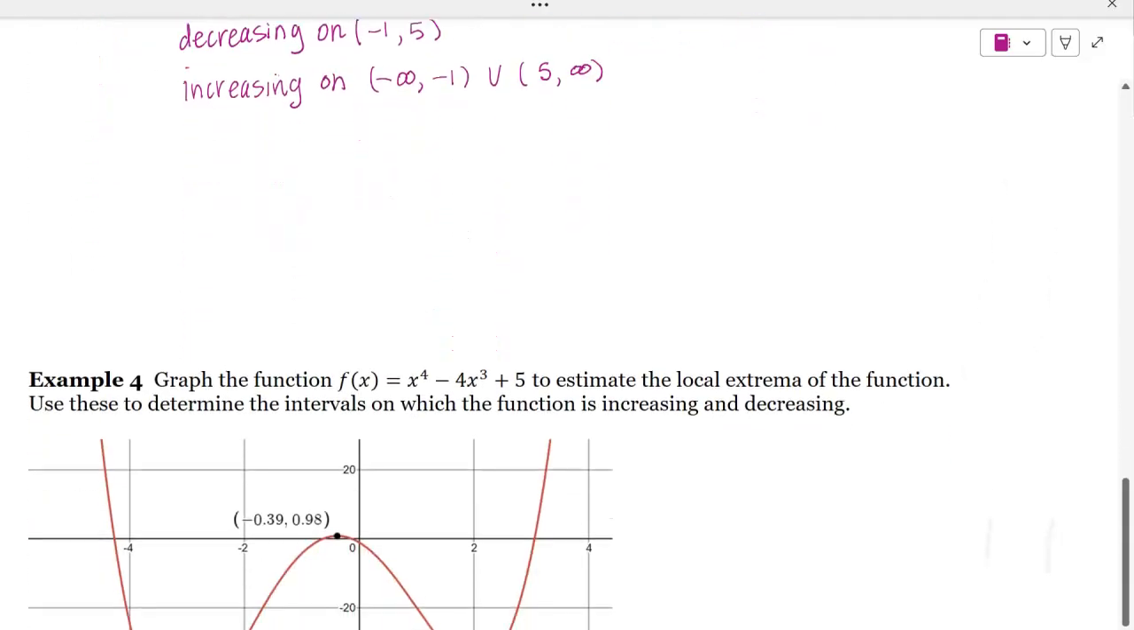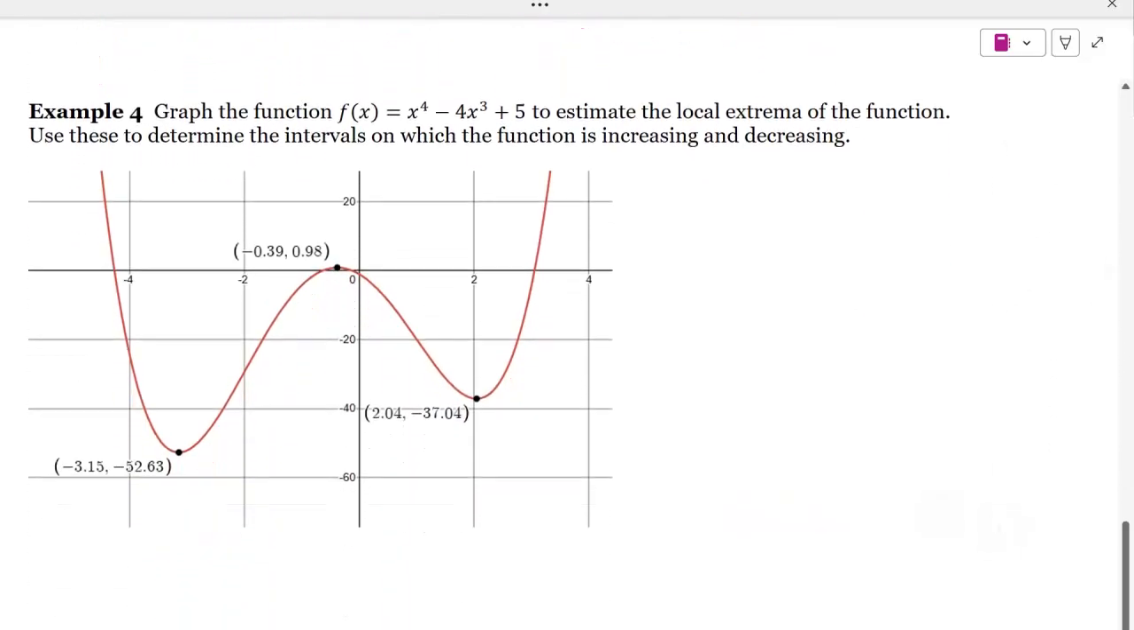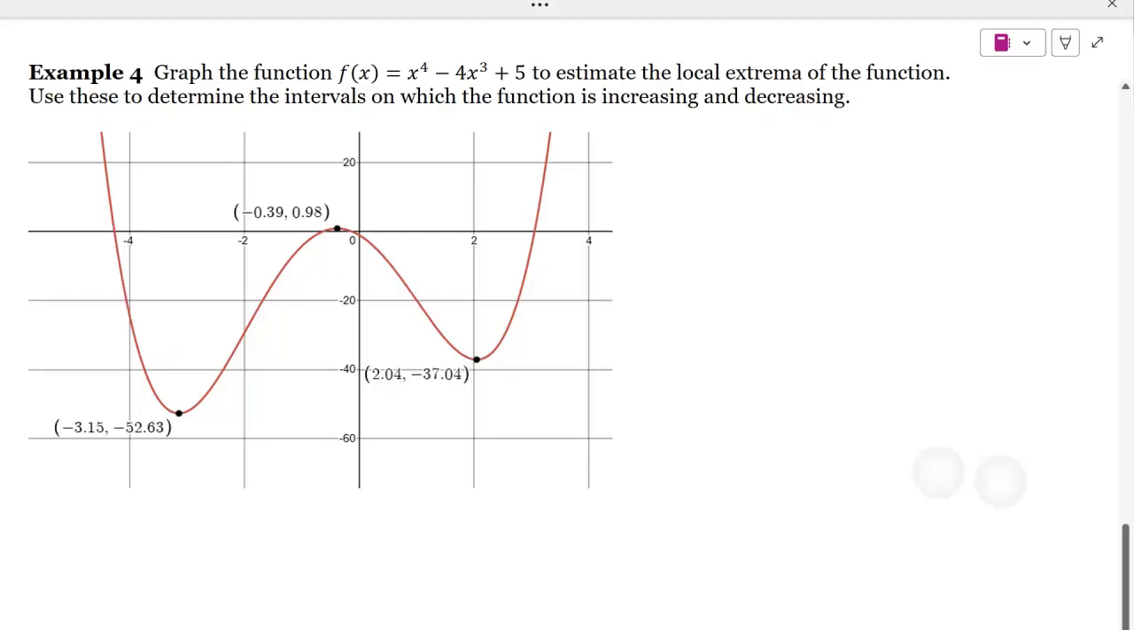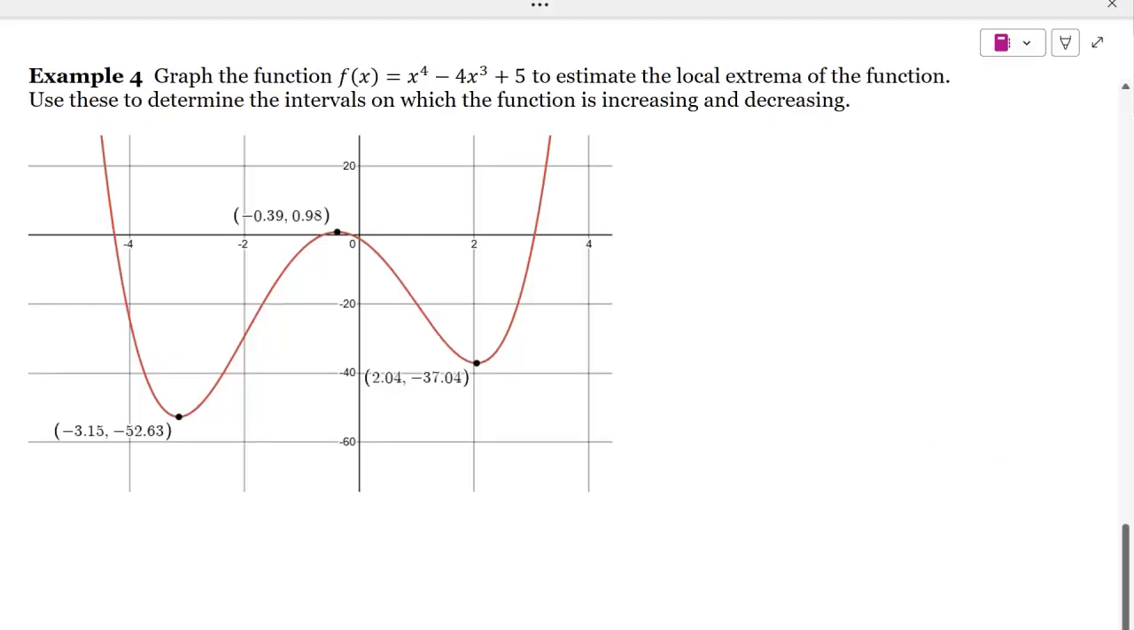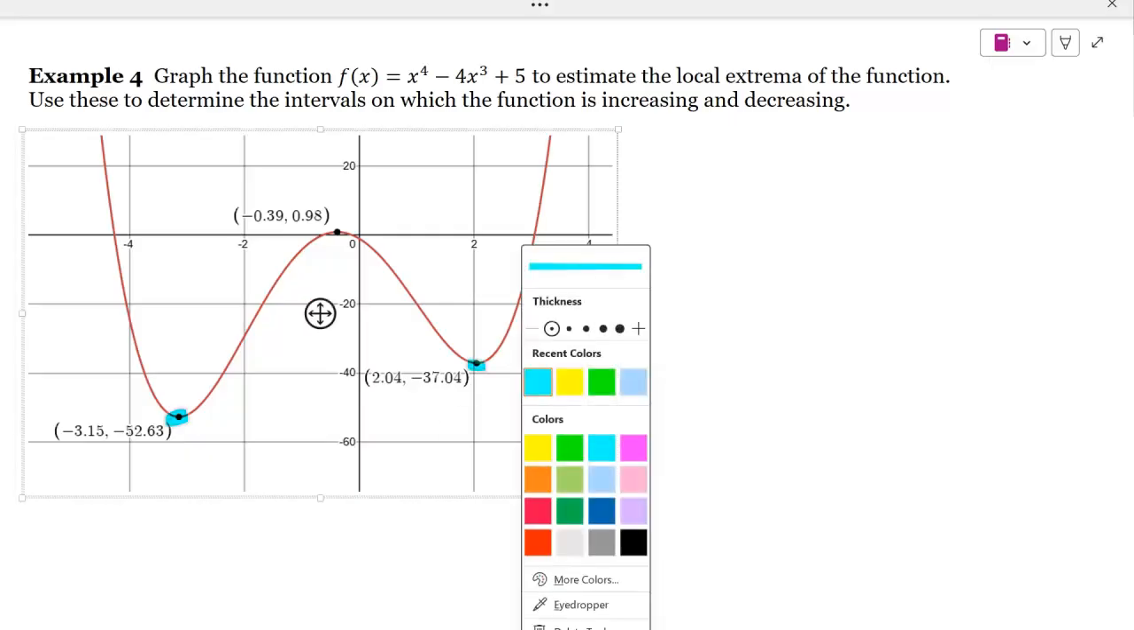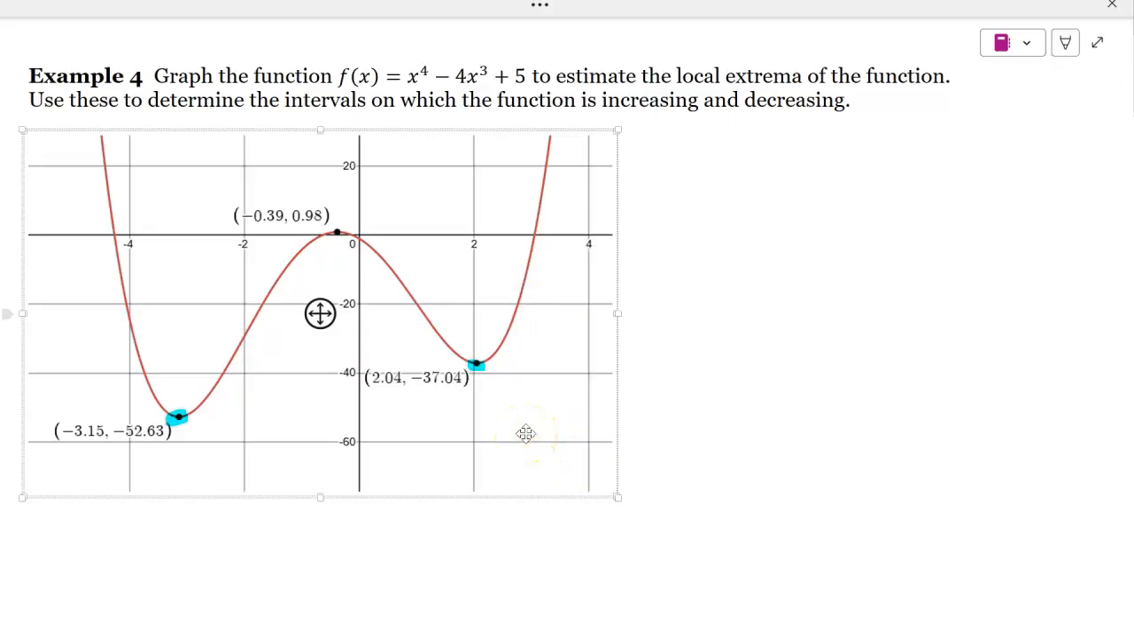Let's do one more example like that. Here's a different function, again, graphed in Desmos, and we can see that we've got 2 points that look like they're local minimums, and then we've got 1 point that's a local maximum. So we've got,